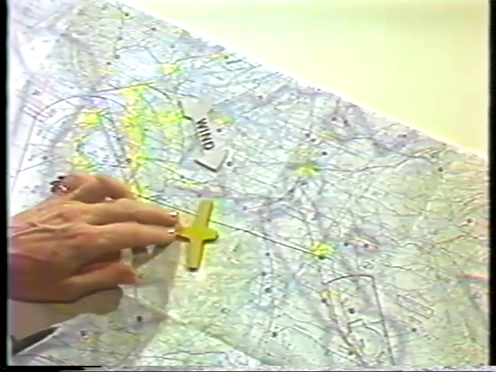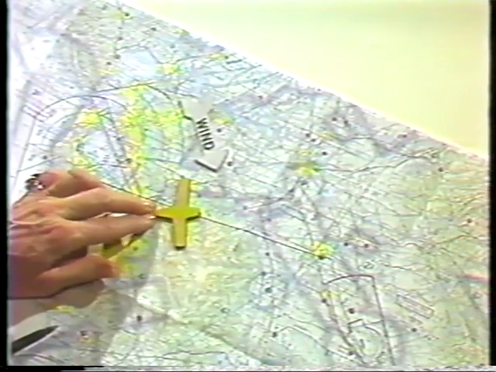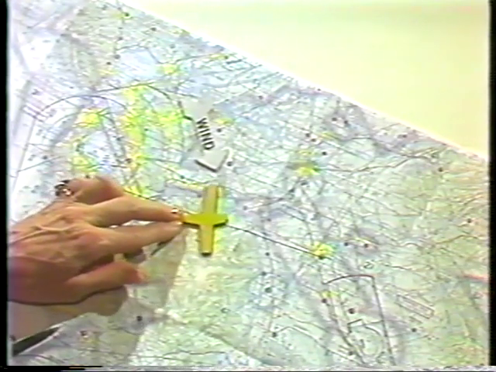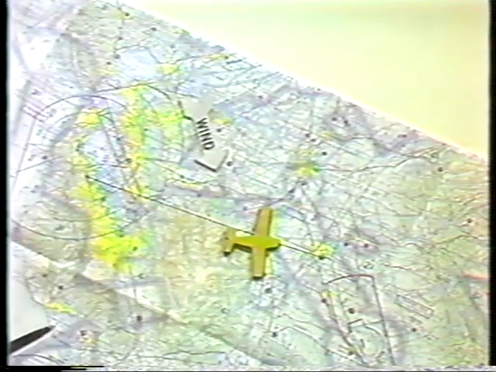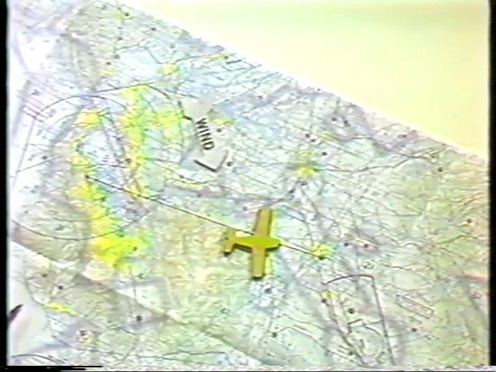So the nose of the airplane must be angled toward or into the direction from which the wind is blowing, and the method for computing this will be taught in the flight computer portion of the telecourse. For now, we need to know that if the crosswind is from the left, you subtract the wind correction angle from the true course to obtain the true heading. If it is from the right, you add the wind correction angle to the true course to obtain true heading.